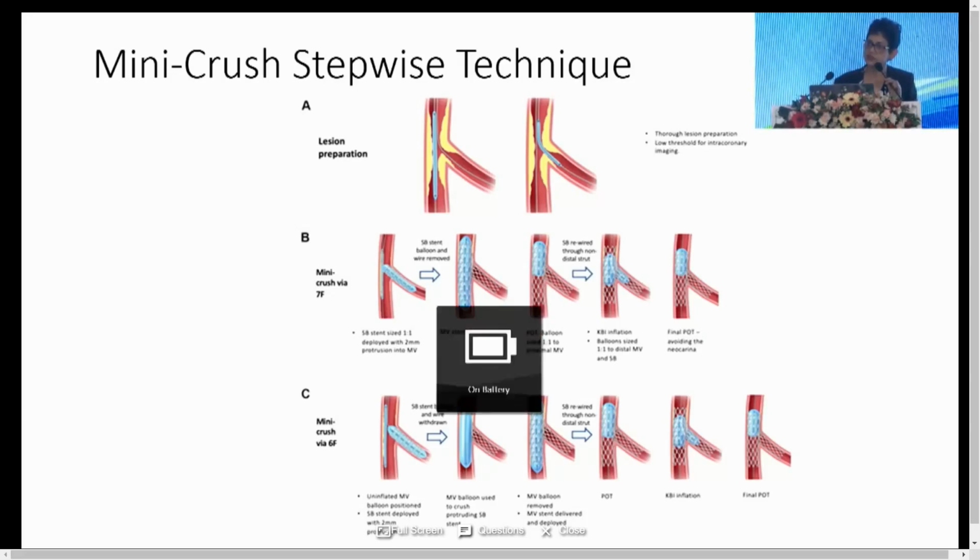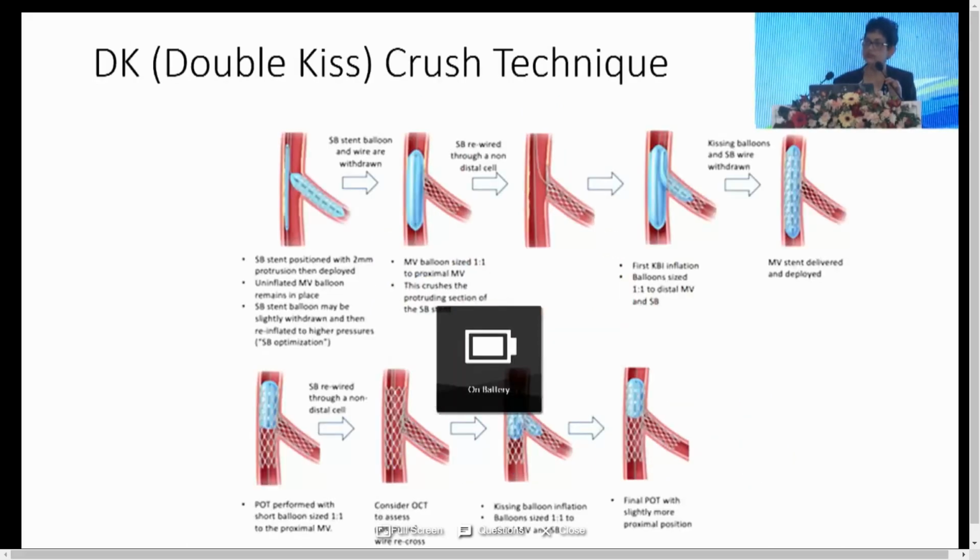But you can also see that there is some potting also done. And this is the diagram of the DK crush. Now here, as you can see, you first do the side branch stent while keeping that main branch balloon,